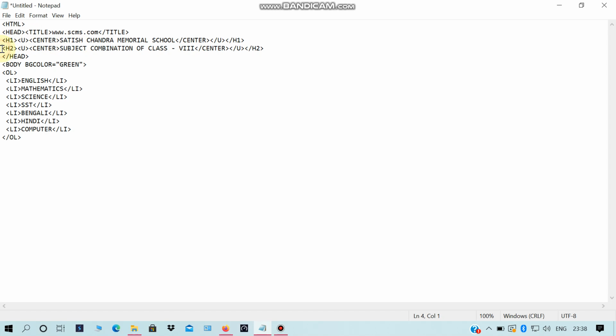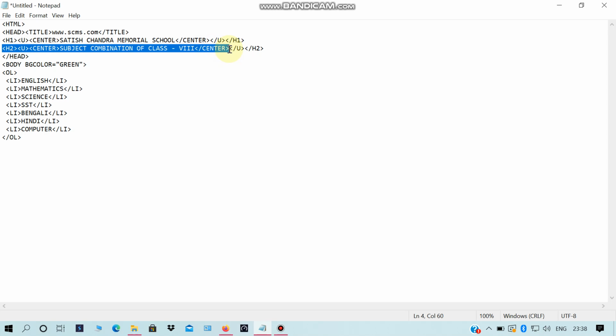So before this we are using different heading size, that is H2. After that we have used the underline tag, and then we have used the center tag, and after that we have written subject combination of class 8, that is our main heading. Before the heading we gave starting tag of center, so we gave after the heading we have given ending tag of the center.